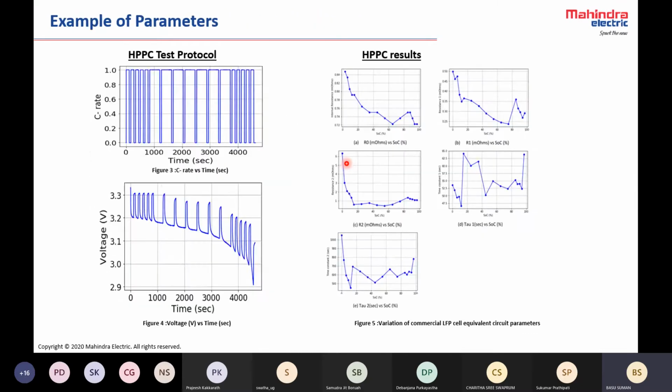So what we have to do then is perform this HPPC at the full SOC range, from when the cell is full to when the cell is empty. And wherever there is a large voltage drop, we have to perform more HPPC, because that is where the variation will be more. So we need more data points. And using these experiments, we figure out the values of R1, R2, etc., as I said before.